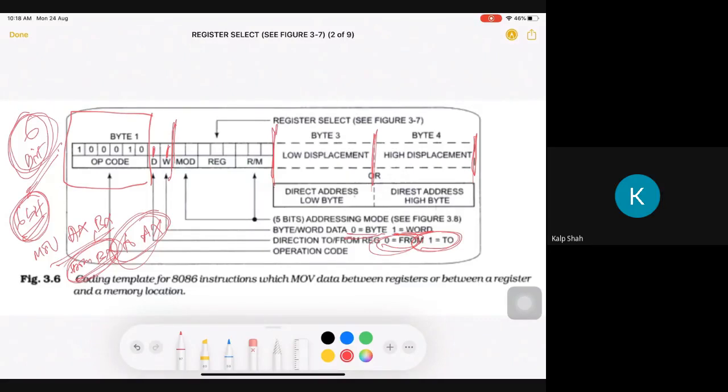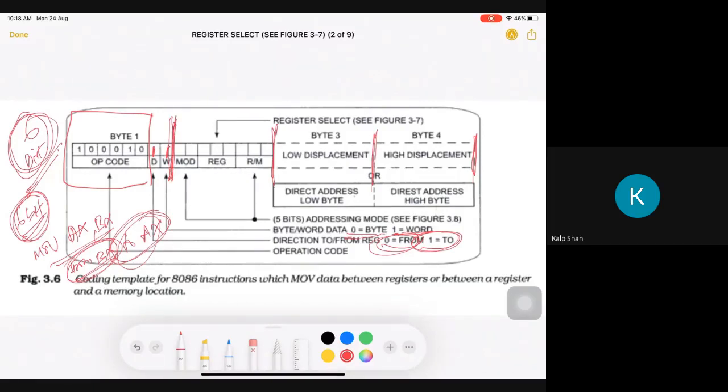What we are trying to do is convert our assembly language instruction into binary. So how your instruction is converted into binary, that we'll see. There is a predefined template given to you. Using this template you can convert any instruction into binary. In this template, always your first 8 bits will be like this.